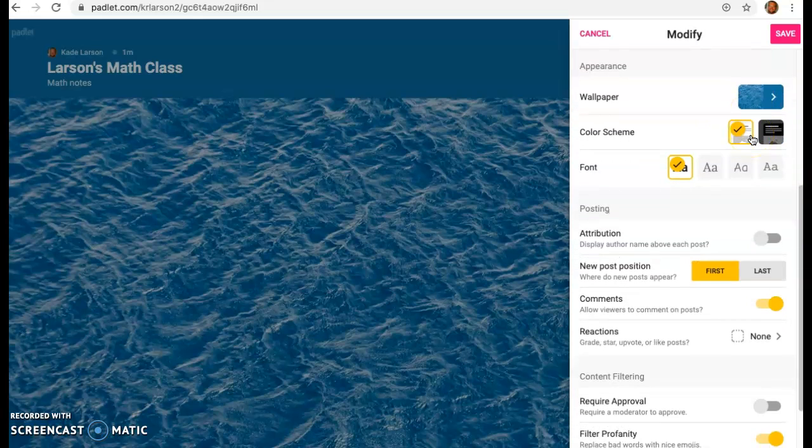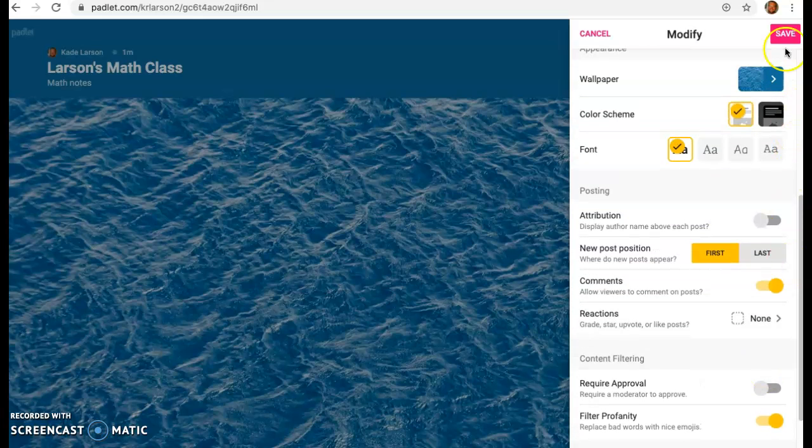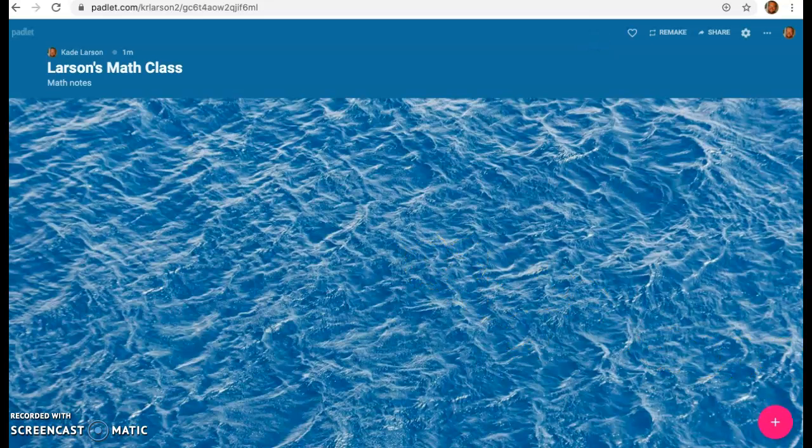But you can click a wallpaper, whatever color scheme you want. You can change where you want the posts to appear. You can allow or not allow comments. If you just want it to be more of a post board for you to get info out to your students, you can turn off comments. I'll leave mine on. You can also filter profanity, so this will keep with kids being kids. You don't want them on here cussing up a storm or anything like that, so that's a great thing to have. So then you just hit save, and you can close your settings,